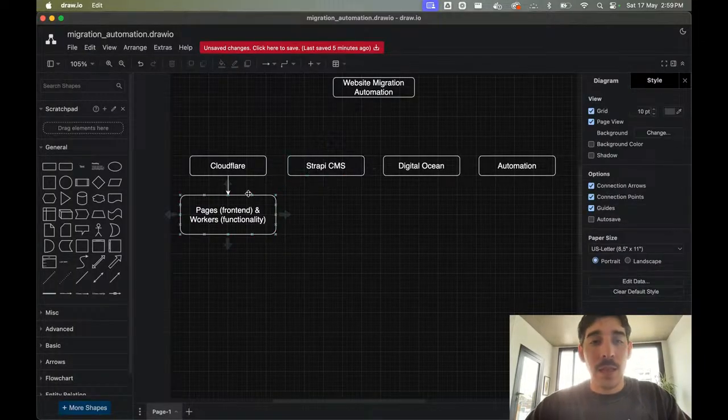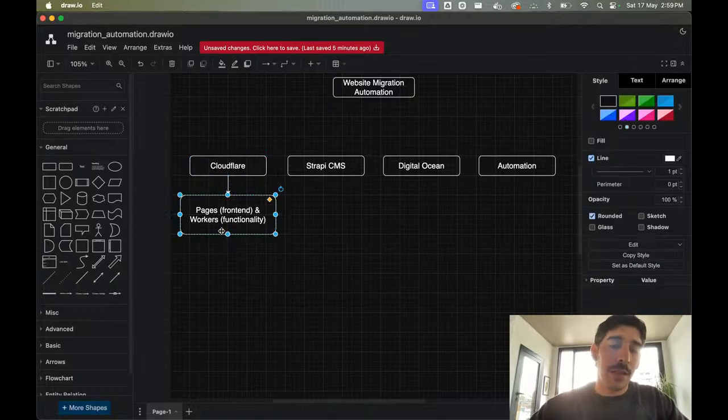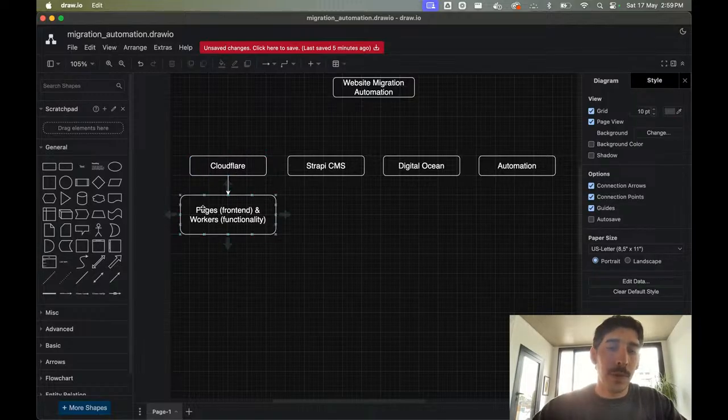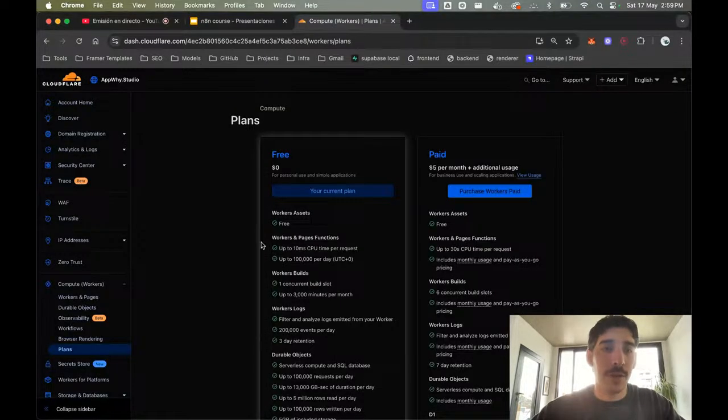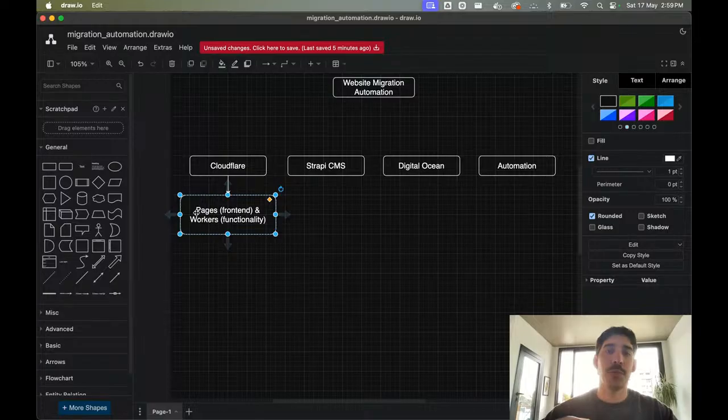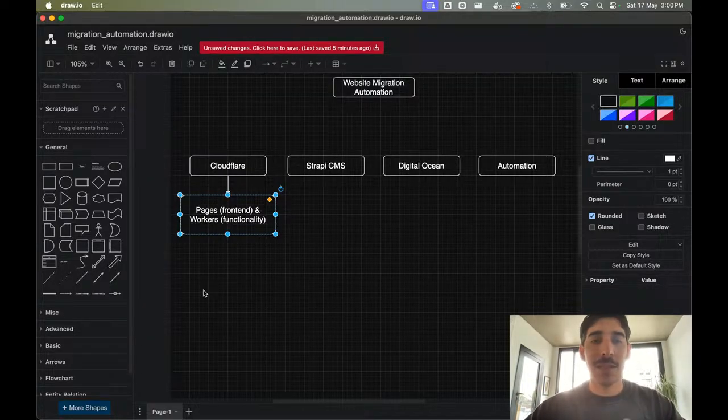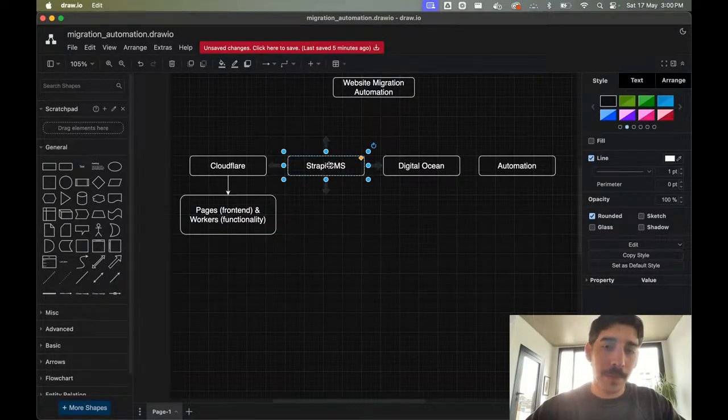So this could be a way for us to deploy our front ends and some functionality, and of course they have an API to which we can connect dynamically or programmatically, so we don't have to do some of the things manually.